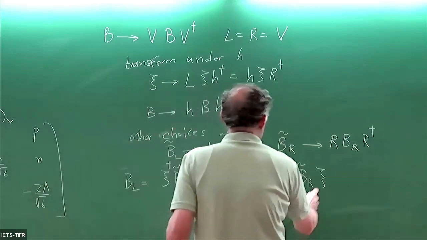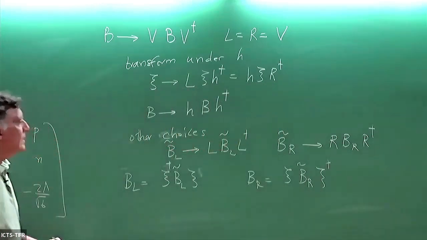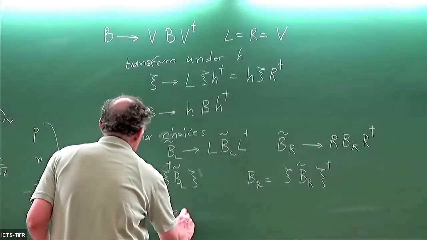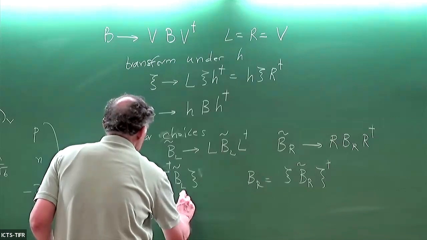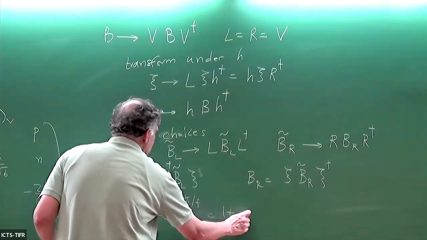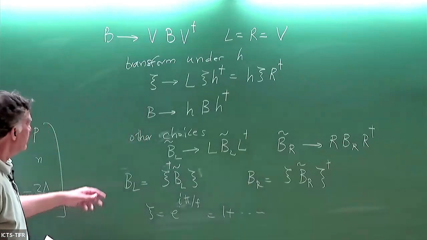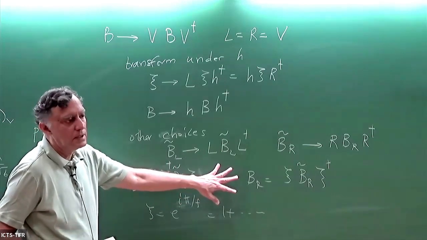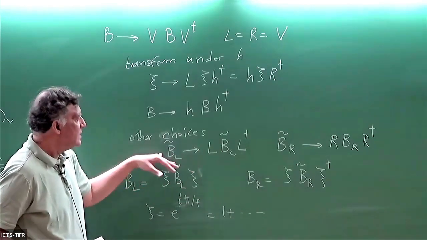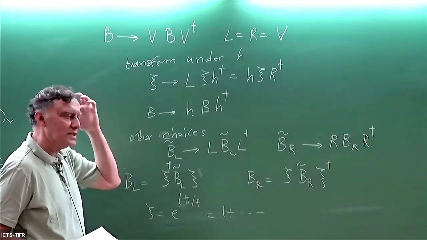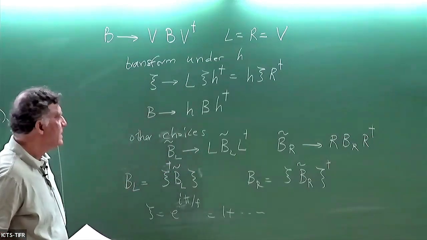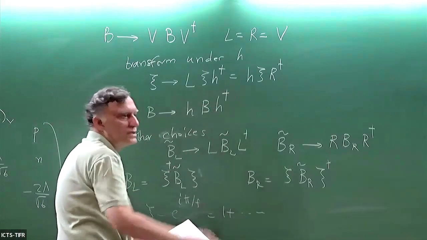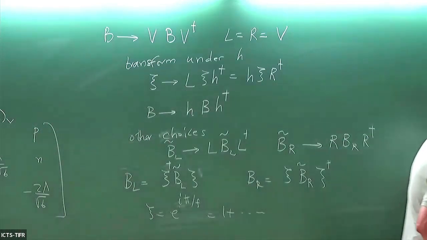And then this was backwards. Okay, but remember that the C field was the exponential of i pi over F, which starts as 1 plus stuff. So at leading order, B_L is B twiddle_L, and then there are pion corrections. So this is simply a field redefinition. And any one of these you pick will have the same S matrix, even though the Feynman rules may differ. So what CCWZ said was, well, just make it transform under H, and then you can apply it to everything.